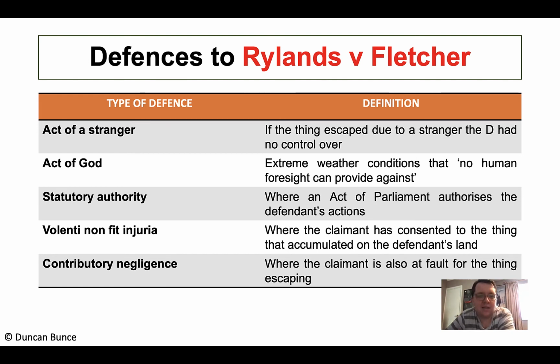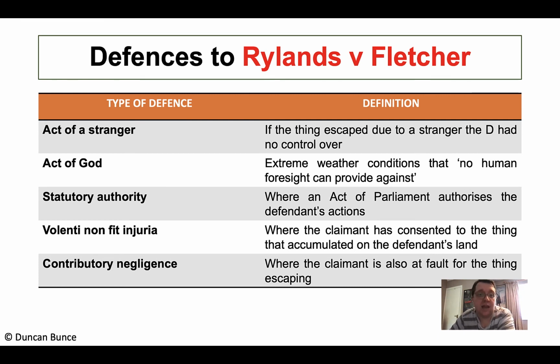So things like that. Statutory authority, again, this is something where, I think we have touched on this before, is only in situations where an Act of Parliament authorises that particular sort of activity. So I guess we look at the previous example of the munitions one, may very well have been, I think, an Act of Parliament would have allowed the building of those kind of things for the war effort.